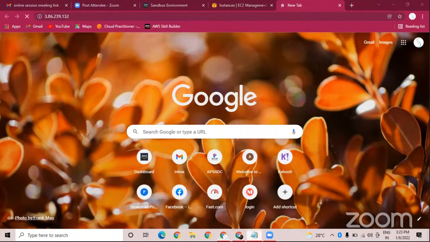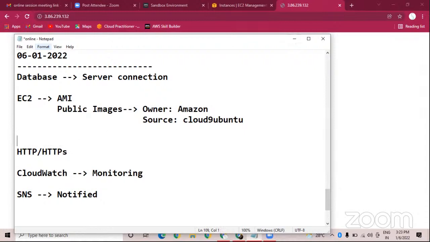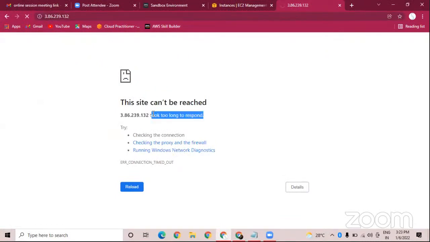I didn't provide any security group rules such as HTTP or HTTPS. To redirect your application, you must add the rule HTTP or HTTPS. So you have to provide a rule. But here I have provided only a single rule, SSH. So that's why when you use your IP address, it shows that it took too long to respond. Why? Because